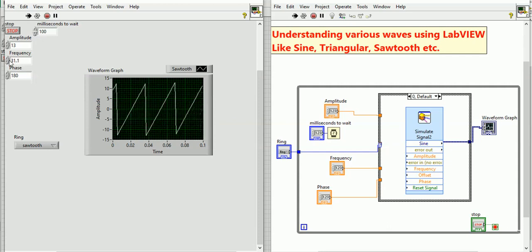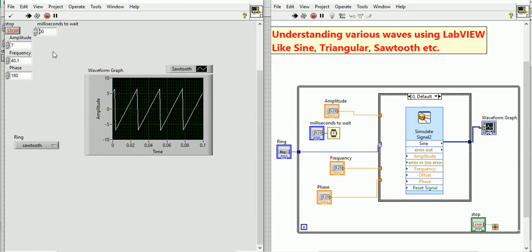Accordingly, you can change the frequency by increasing or decreasing, or you can change the amplitude or whatever you want. You can also change the time. Let's say if you put it at 0 and run, it will run fast. And if you put some wait time, let's say 200 milliseconds, then when you run, it will change slowly.